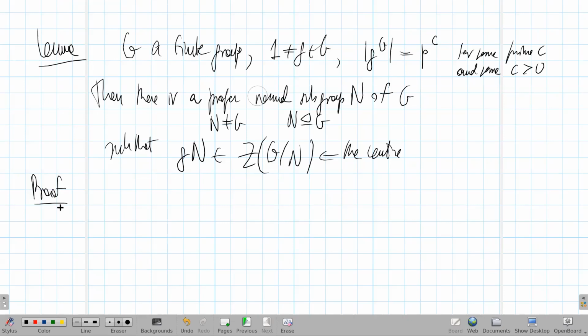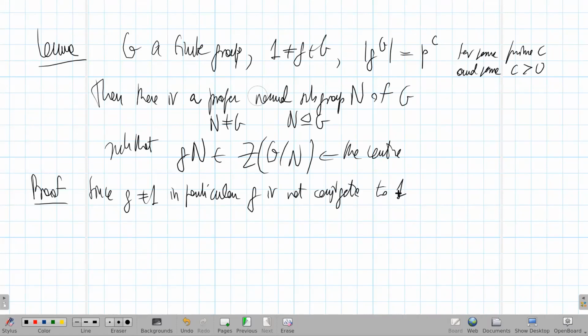So let's see the proof. Well, since G is different from 1, in particular, G is not conjugate to 1, because the only conjugate to 1 is 1. Then the second orthogonality relation